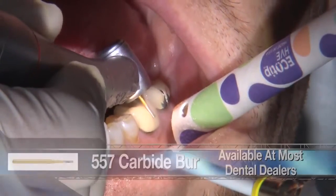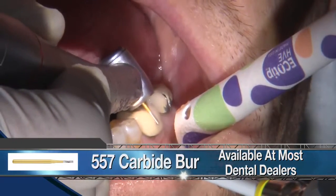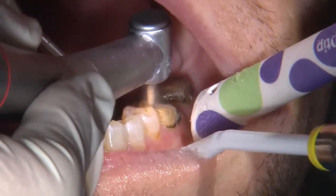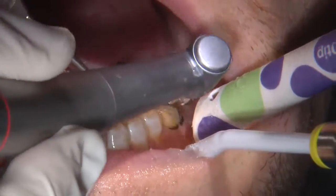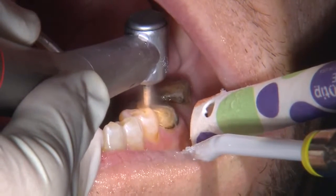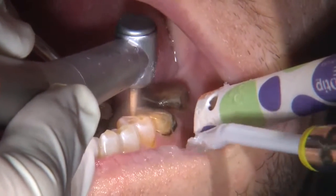So we are going to remove the existing crowns. Here I'm using a 557 carbide burr. Once the crowns are removed, I am clearing out the interproximal areas, and everyone has their own preference when it comes to preparation. I just prefer to get the occlusal reduction taken care of first, and then moving on to